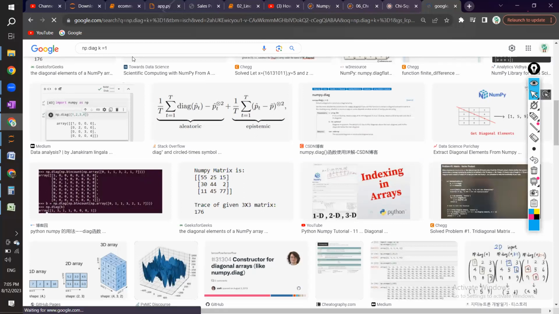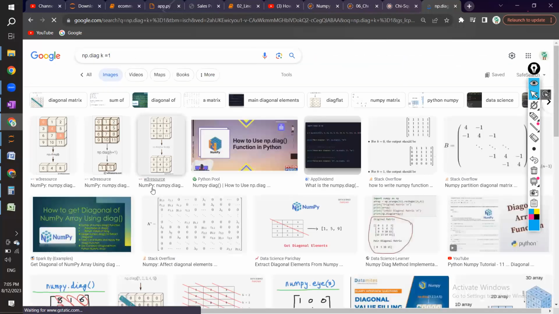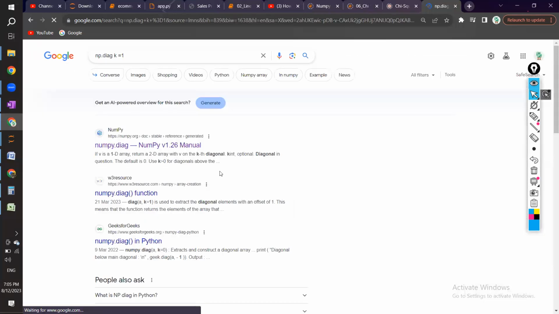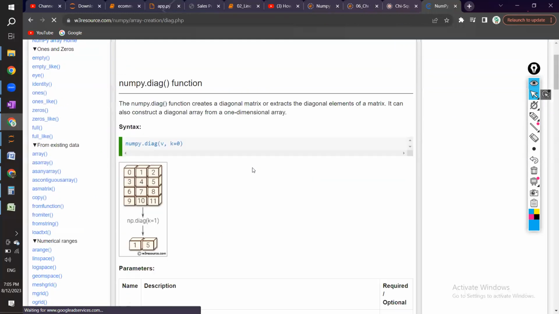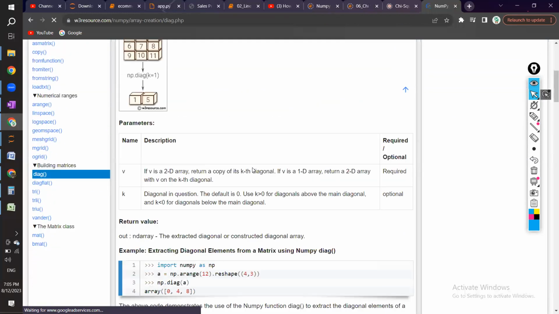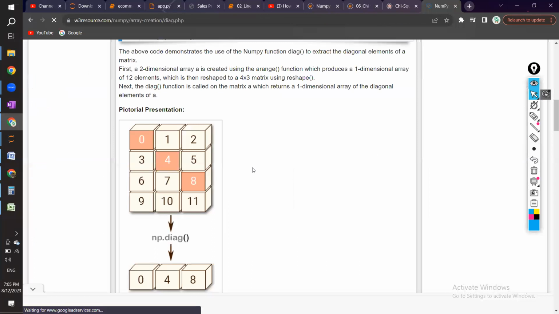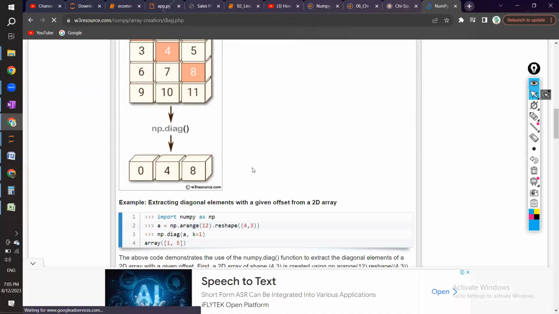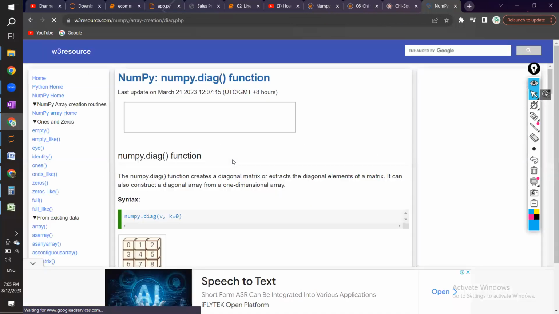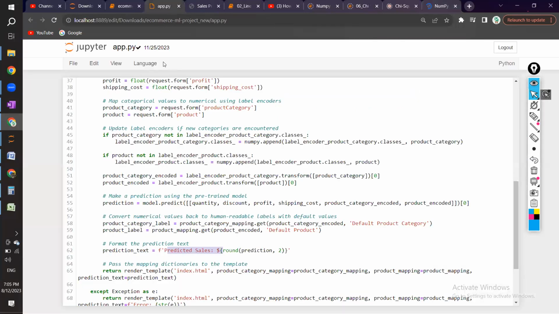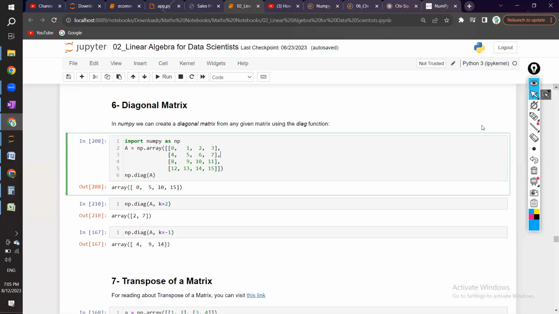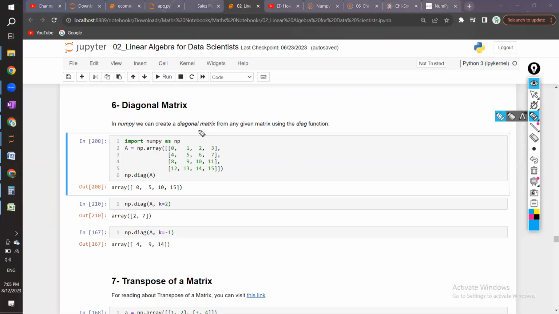equal to 1. When you give K, it will consider it as minus 1, yeah, let me see over here. K equal to 1. K equal to 1. Okay, 0, 1, 2. I think it is 0, 1, 2, if I remember it correctly. I'll show you. Our aim is to create a